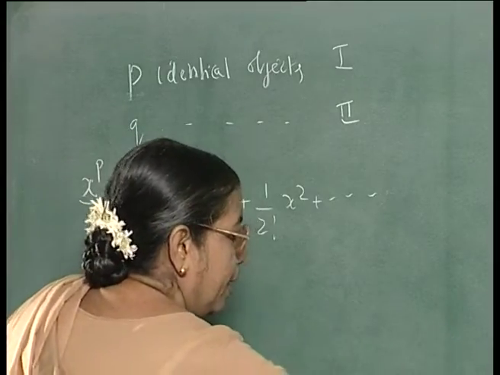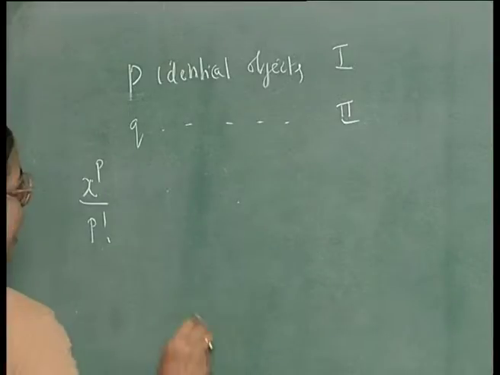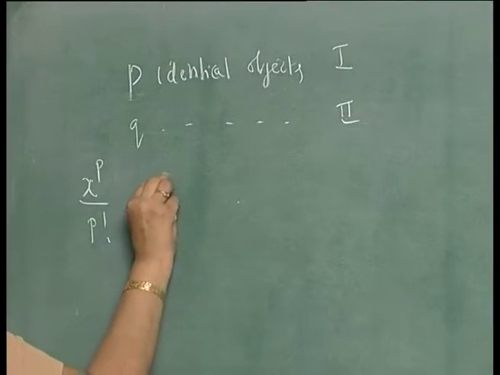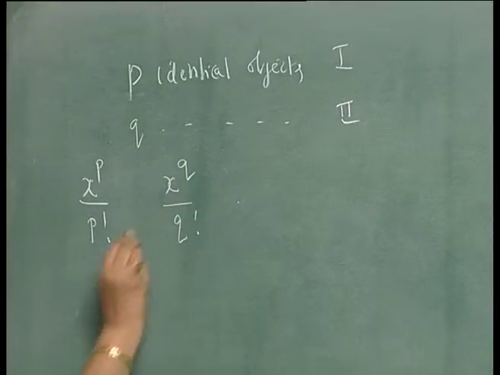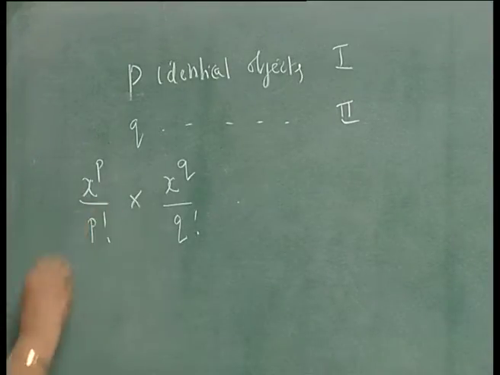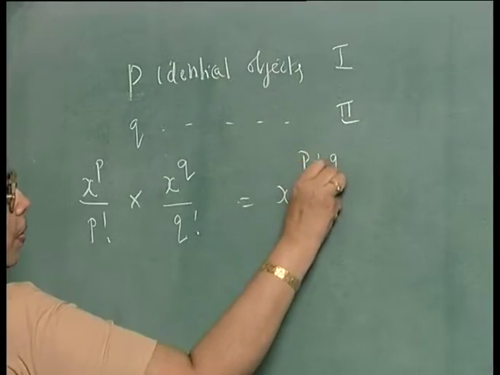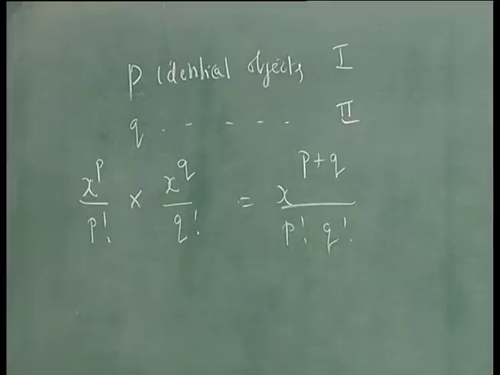So, when you take all the p of them, the exponential enumerator is this. Similarly, you have q identical objects of the second kind. If you take all the q of them and arrange them, the number of ways of doing it is only one, that is x^q / q!. If you take the p + q of them and arrange them, that should be this, and that is x^(p+q) / (p! q!).